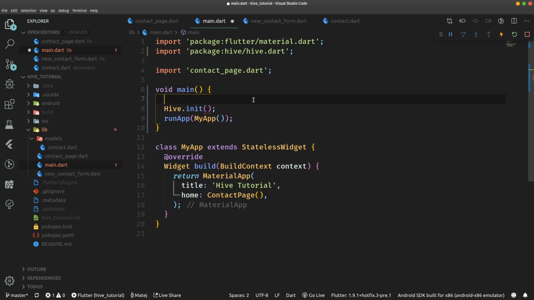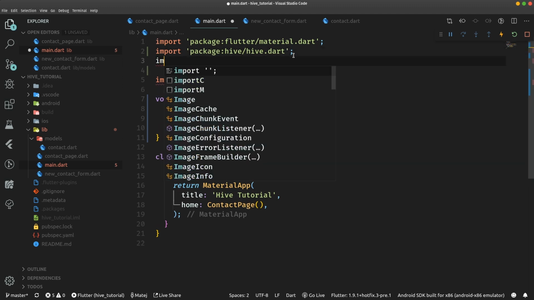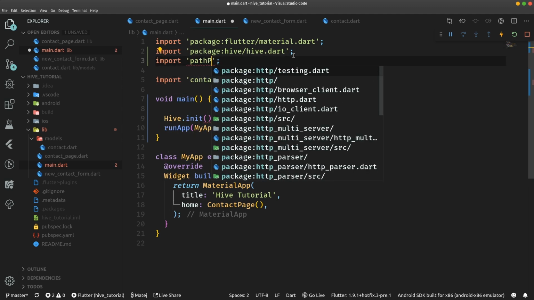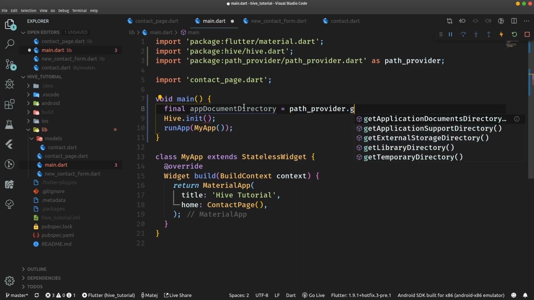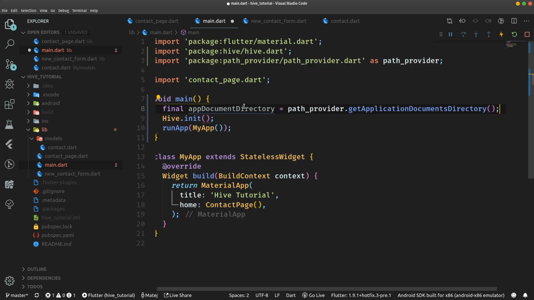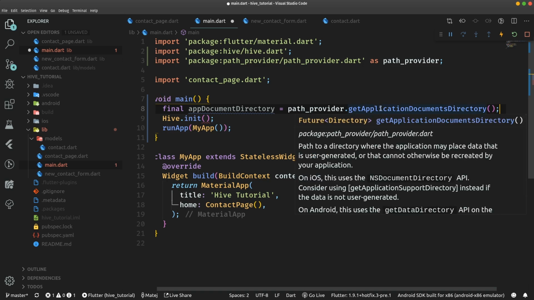So that's why we've added the path_provider library, so that we can get the application documents directory without any hassle. So let's also import the path provider, and let's import it as path_provider. Now we want to get the app document directory, so final appDocument is equal to path_provider.getApplicationDocumentsDirectory, but this is an asynchronous call, so we need to